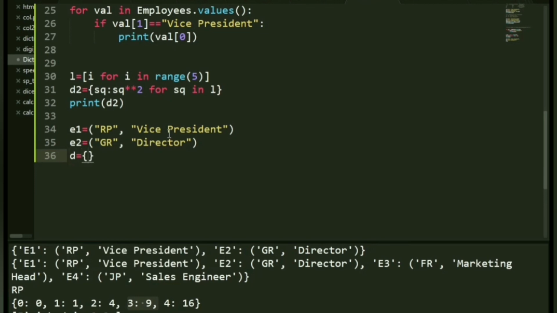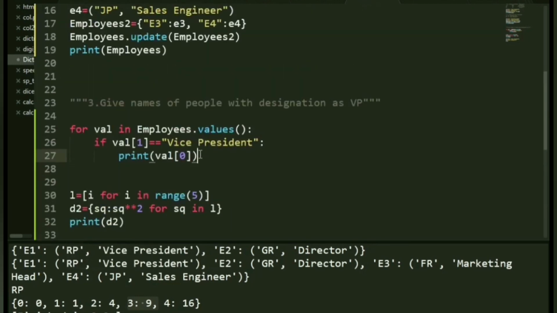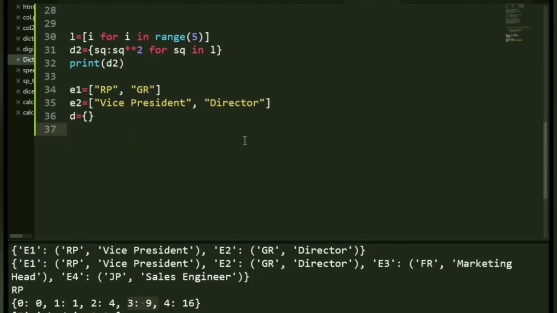Let me comment everything, otherwise it'll throw me errors. Now, if you all can see, I have 2 names assigned in the first list, and in the second list, I have 2 designations. So I want RP to be assigned to vice president and GR to director. So you can use the zip function here. Simply say for key value in zip E1, E2.